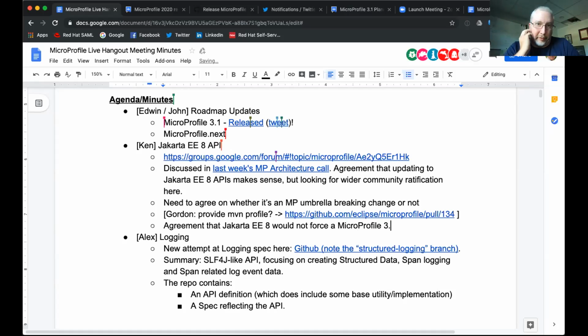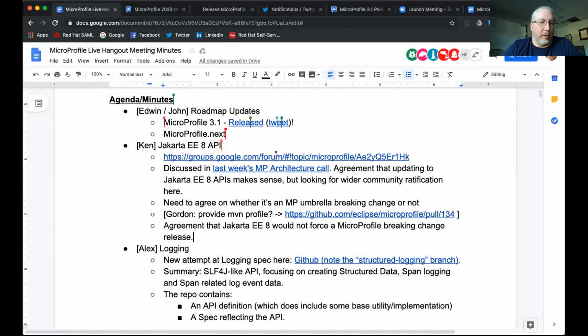So could all specifications start updating their snapshots and so on to do this? I will probably create, I was going to say Jiras, geez, GitHub issues for each of the specs to do the update, because obviously everyone's going to need to do that.